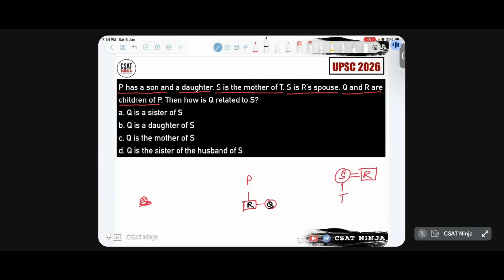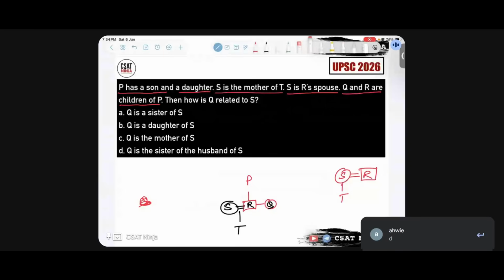R is married to S, and both of them have a son or child D. Now, which makes complete sense. We must find how Q is related to S. How is Q related to S? Who is Q to S? That means Q is